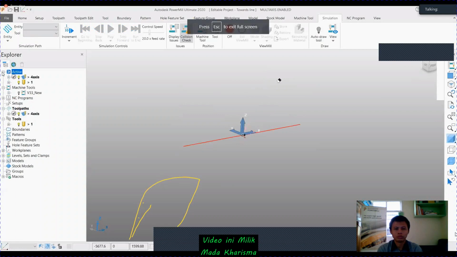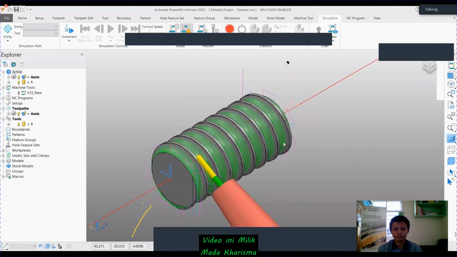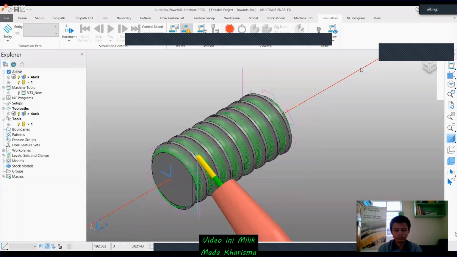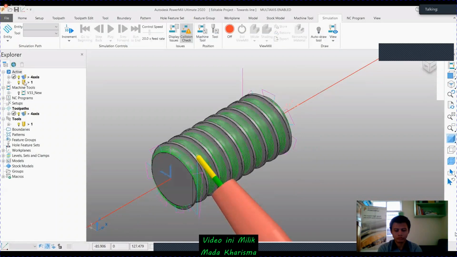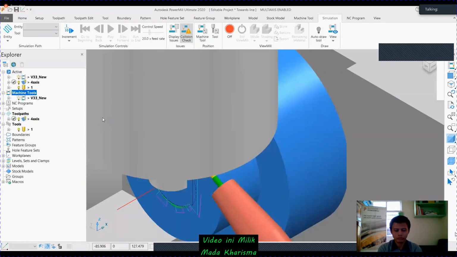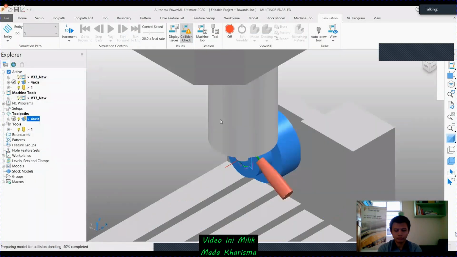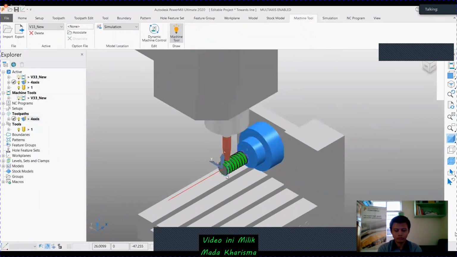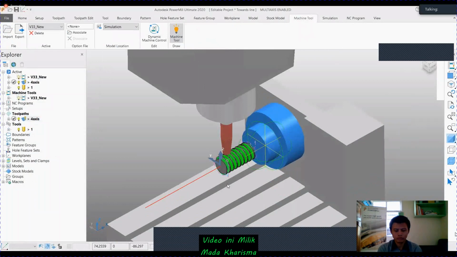If you look at the example of a simple 4-axis toolpath, my tool axis is just lying along the cylindrical axis. If you look at the machine tool view and simulate the toolpath, and I change my machine simulation per plane, it's just coming outside.